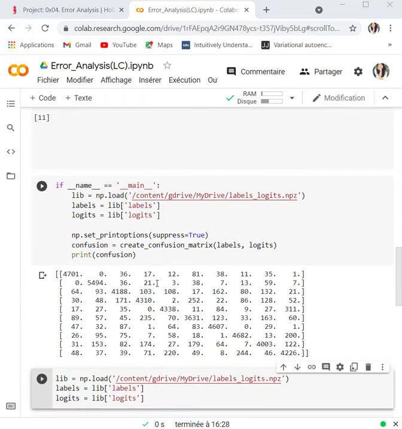Others can work with the transpose of this matrix. They will have the predicted value on this axis and the actual value on the other, but at the end it's the same thing. Okay, so this is one way to do it.